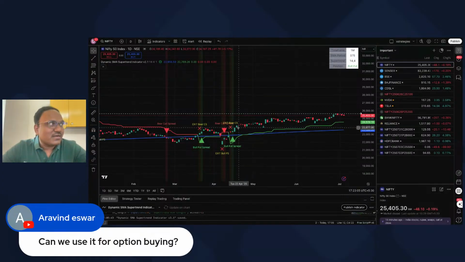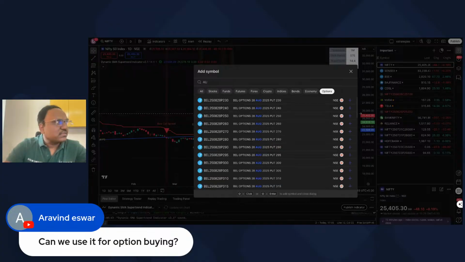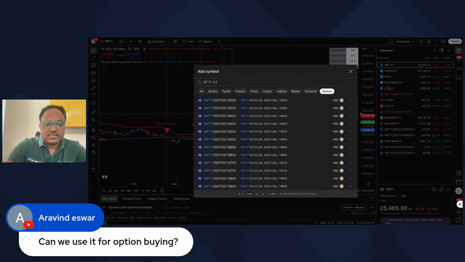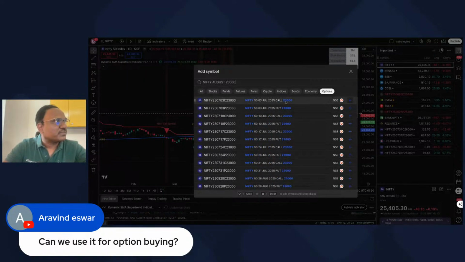But if you have a long time frame, right? Even I think this would work for August options. Let's look at this one, right? Let's say somebody is buying August, this is on April 16th, right? So let's look at the August 50, let's say 20 in the money, right? So let's look at the in-the-money 23,000 call option.